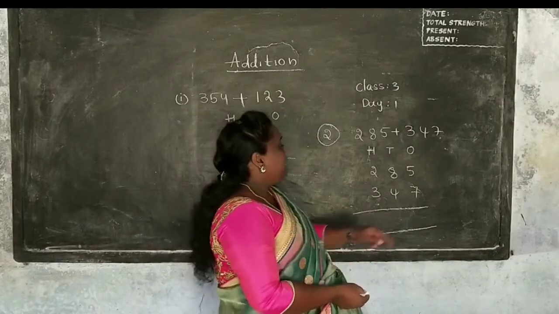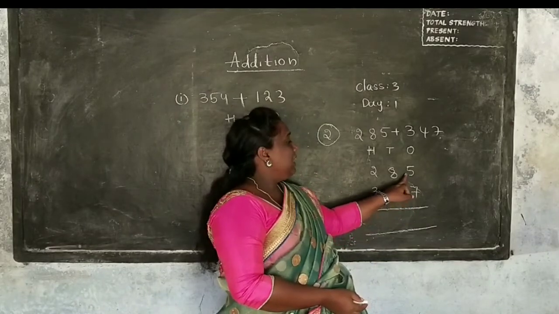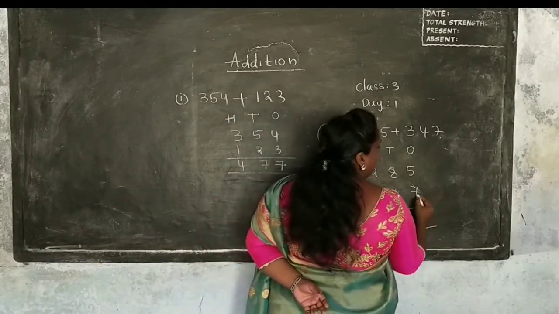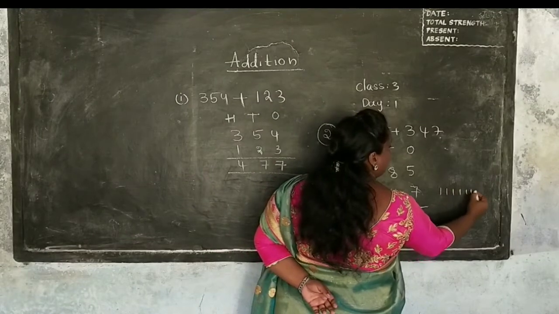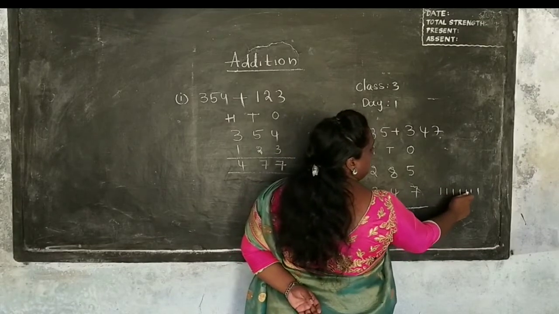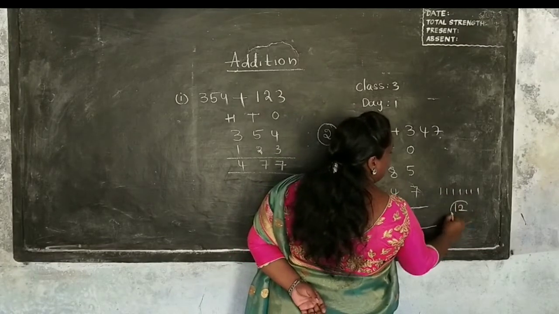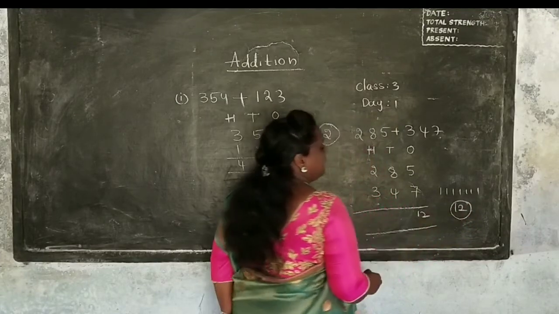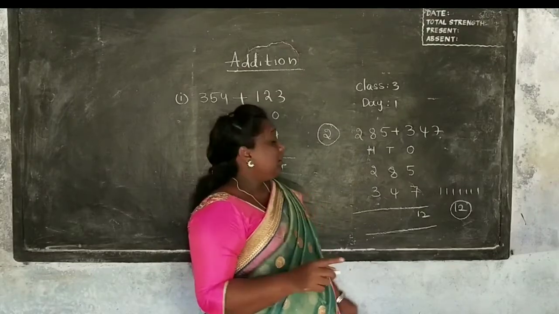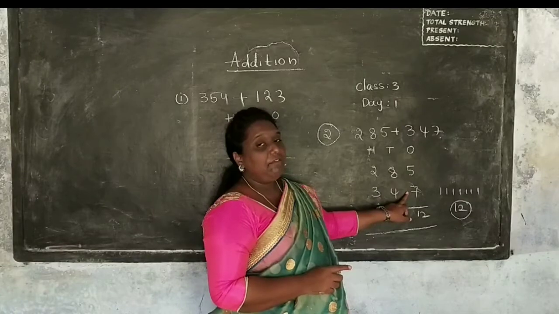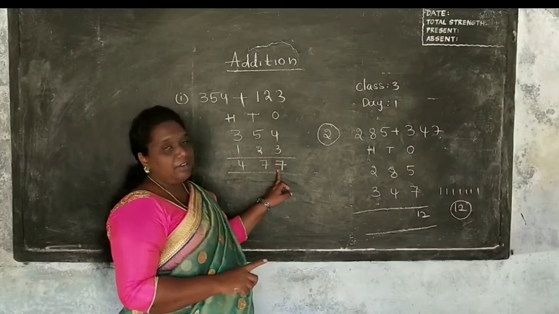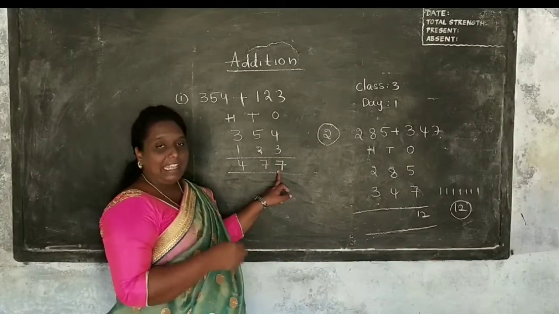See how. So 5 plus 7. We are adding number 5 with the 7. Suppose you have 7 numbers here, 1, 2, 3, 4, 5, 6, 7. So 5, count the next numbers, 6, 7, 8, 9, 10, 11, 12. So you got 12 here. If we write 12 here, is it correct? No, it is wrong. Children, remember, when we add the two numbers, if we get one number, we can write it here directly. Here we wrote 4 plus 3 is 7. We got only one number, so we wrote it directly here.